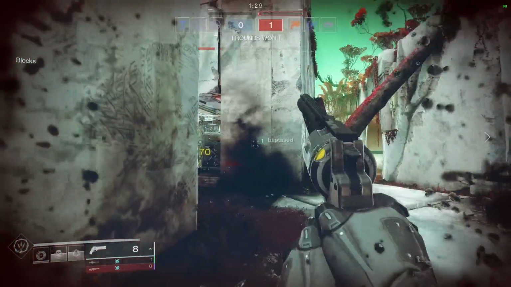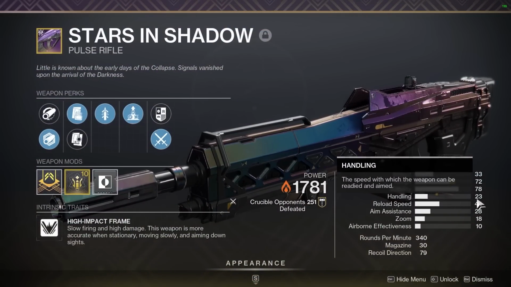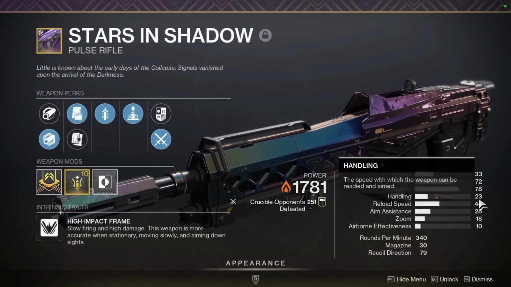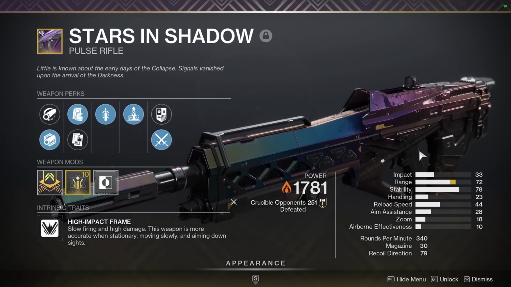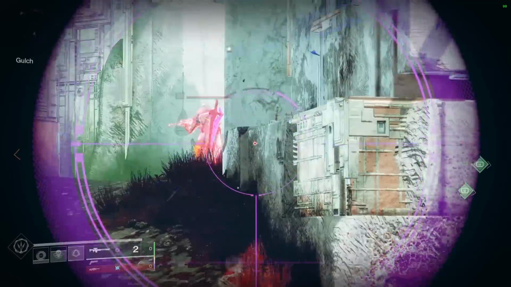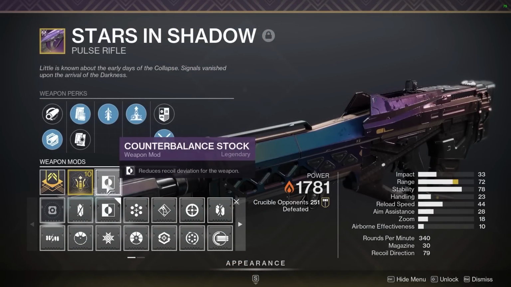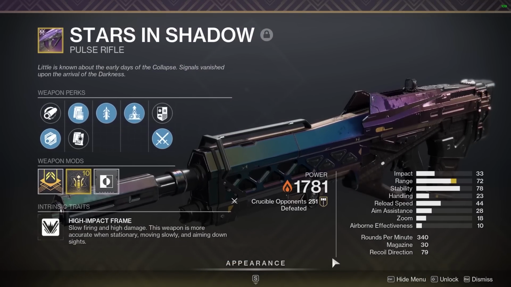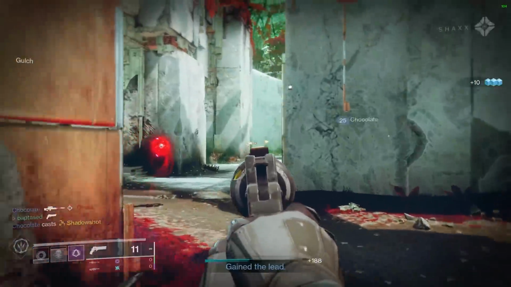So our range and stability stats are well above average, and so are the effects of our handling stat, even though it doesn't quite show. Our handling is practically maxed out at or beyond 100, despite the fact that quick draw doesn't affect ADS speed, which can be fixed with targeting mods on our helmet. Lastly, we slapped on a counterbalance mod in the mod slot to get Stars and Shadow to a healthy value of 79. Just to reiterate how stupidly valuable that stat package is, allow me to compare this legendary rifle to